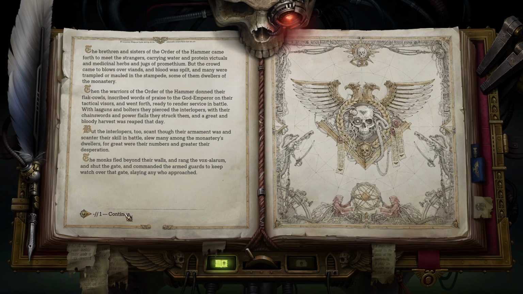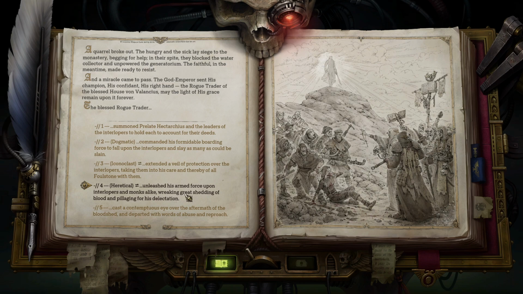The monks fled behind the walls, and rang the voxillarum, and shut the gates, and commanded the armed guards to keep watch over their gates, slaying any who would approach. A quarrel broke out. The hungry and the sick lay siege to the monastery, begging for help. In their spite, they blocked the water collector and unpowered the generatorium. The faithful in the meantime made ready to resist. And a miracle came to pass. The God Emperor sent his champion, his confidant, his right hand, the rogue trader of the blessed house von Valancius. May the light of his grace remain upon it forever. The blessed rogue trader...